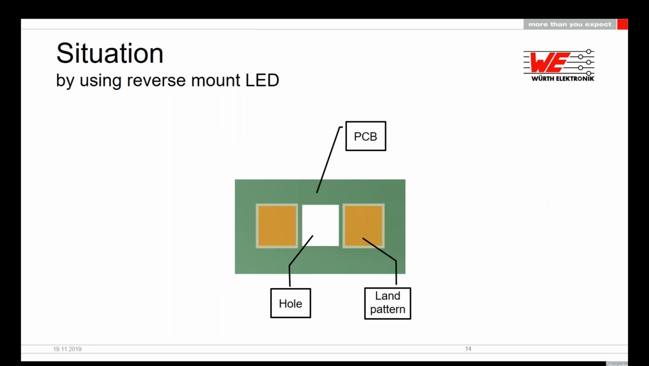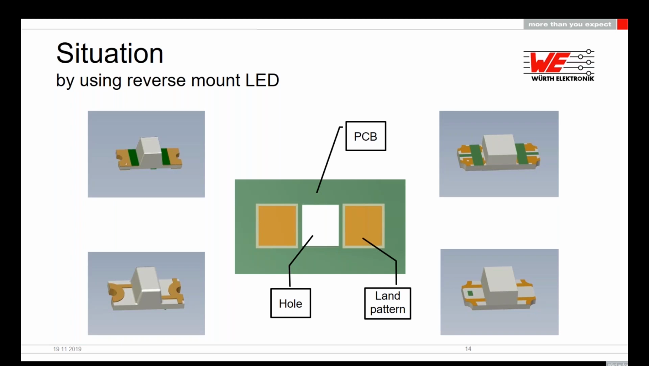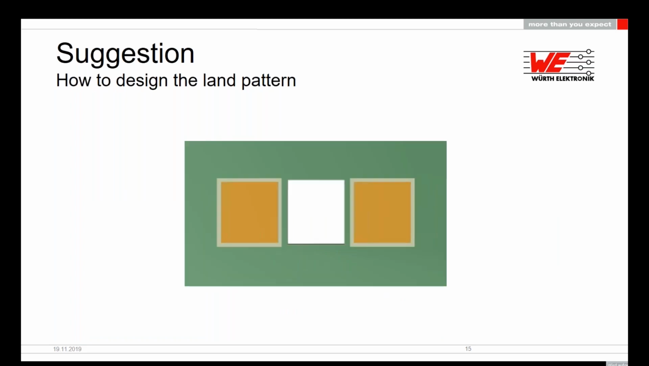The easiest way to place the reverse mode LED with the rectangular lens on the PCB is making the rectangular hole as big as the lens. Surprisingly, the reverse mode LED with rectangular lens is very common on the market and has a variety of lens sizes. The rectangular hole may be a good solution for the rectangular lens to keep the distance according to the IPC standard. But for the PCB manufacturer, it may be an issue